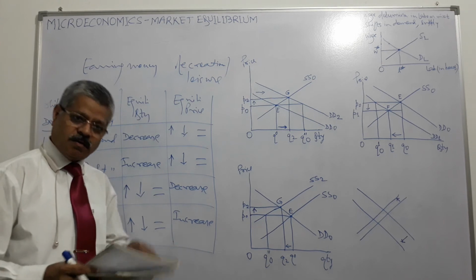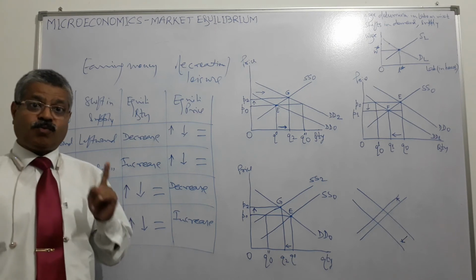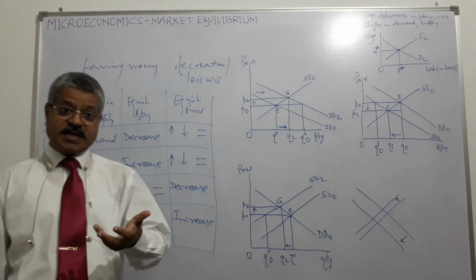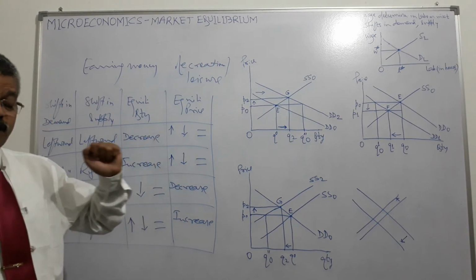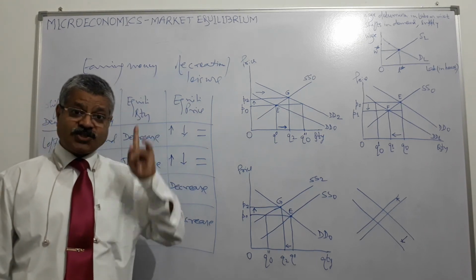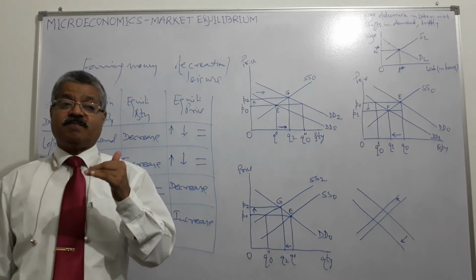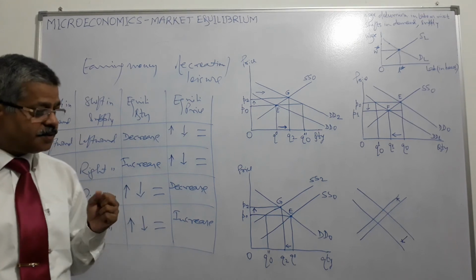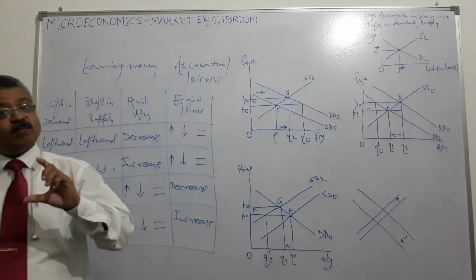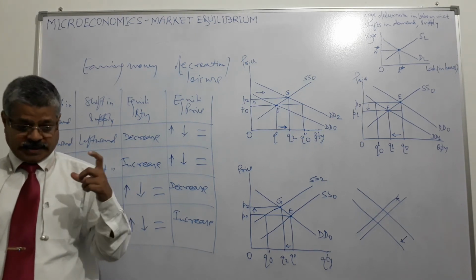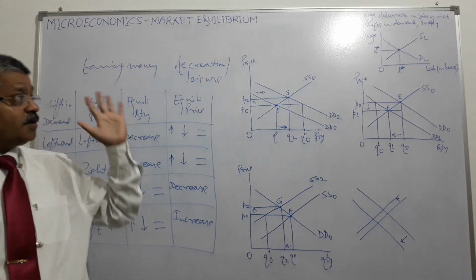The firm is a profit maximizer, and the firm will always employ labor up to the point where the extra cost the firm incurs for employing that last unit of labor is equal to the additional benefit that the firm earns from that extra unit of labor, right? Then we discussed the extra cost of hiring one more unit of labor. The extra cost of hiring one more unit of labor is called the wage rate, denoted by W, right?